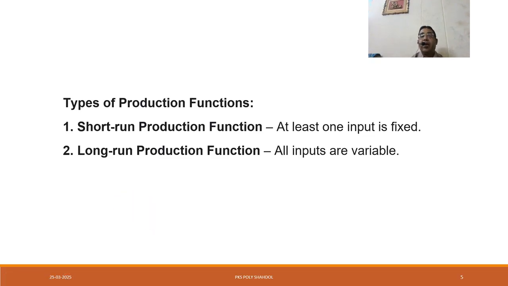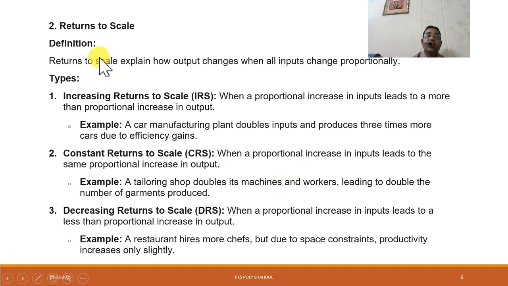Now how many types of production function? There are only two types: short run production function and long run production function. Simply, nothing but short run and long run. What is a short run? Short run means at least one input is fixed, and long run means all inputs are variable. So taking an example,